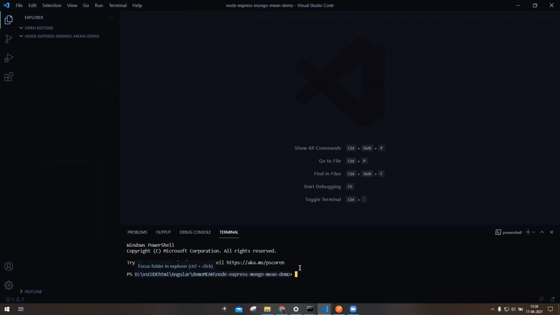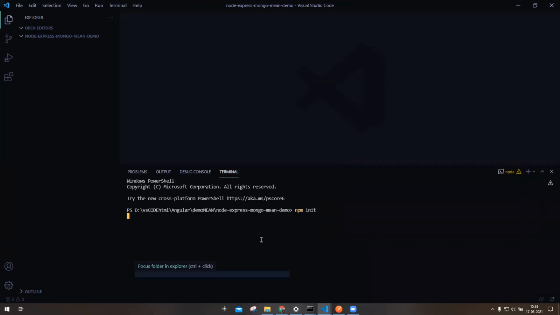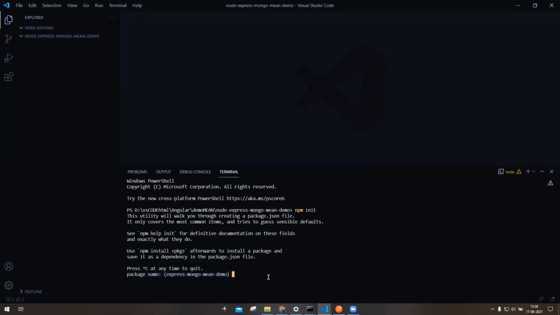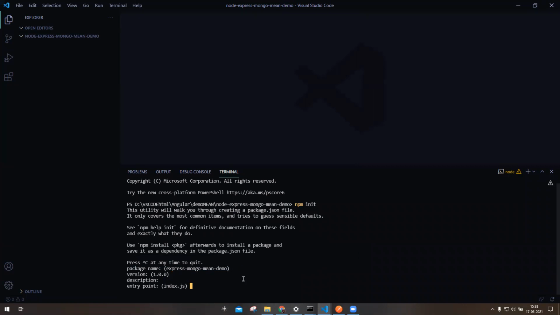To initialize the Node project, I will use the command npm init, and it will ask a few questions, like what will be the name of this project. I will keep the default and hit enter. It will ask me for the version, description, and entry point.